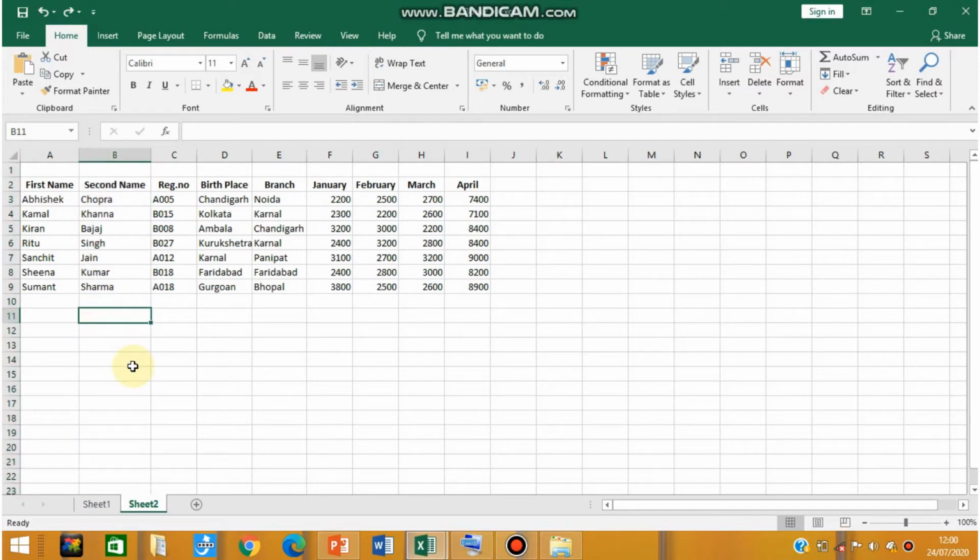So these are the 4 features of selecting cells. First is how to select a single cell. Second is how to use the select all button to select the entire worksheet, and then we have seen how to select a particular range of cells, and also how to select an entire row or column.